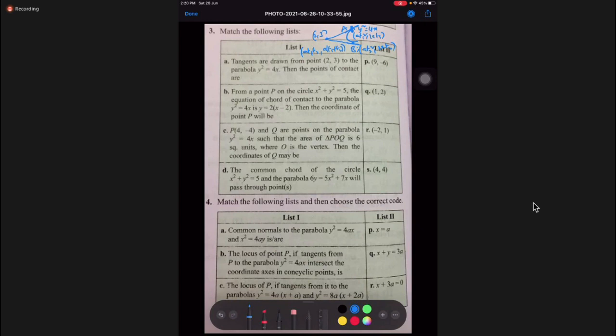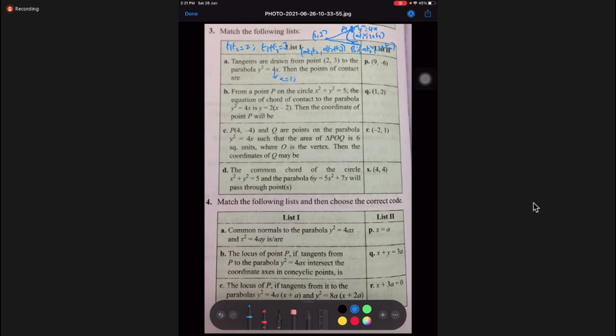t1 t2 is 2 and t1 plus t2 is 3. Right, students, since a is 1. Then you can find t1 minus t2, right, students? Then we can find t1 and t2, all of you. Once you know t1 and t2, you can find a and b. This chord of contact, still we have not done this.